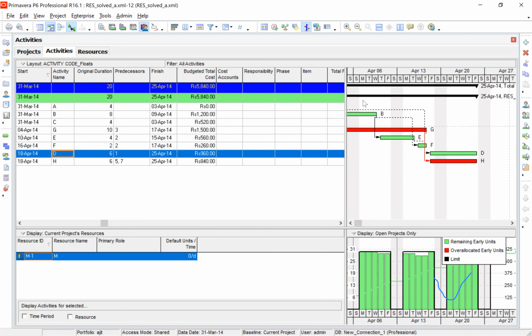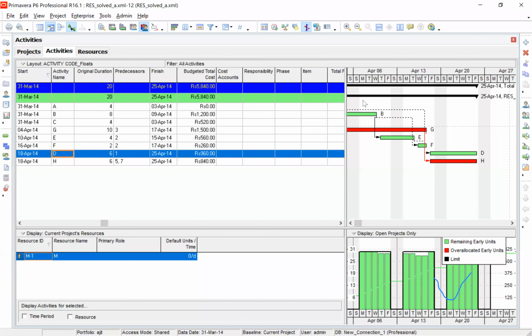Some of you, even in the assignment, I have seen, try to level with the default setting. I explained in the class also that this is my own leveling priority, which is more efficient than the Primavera default. I don't say that I'm the only one, but with many trial and error, I came to this.